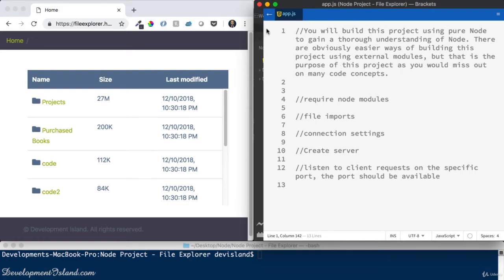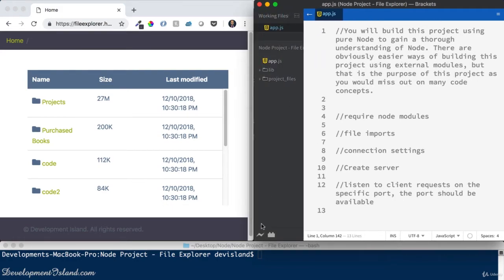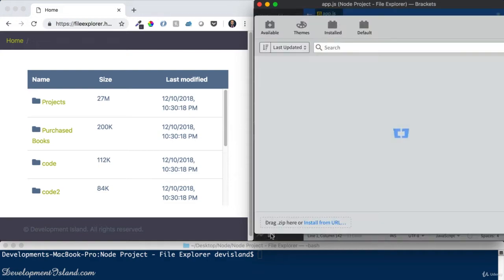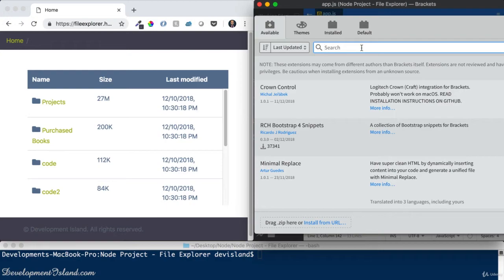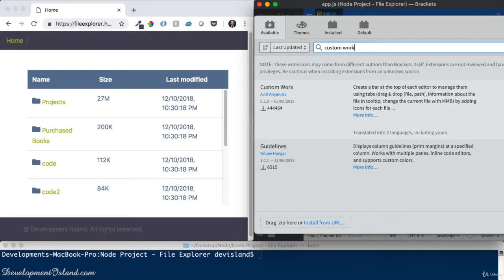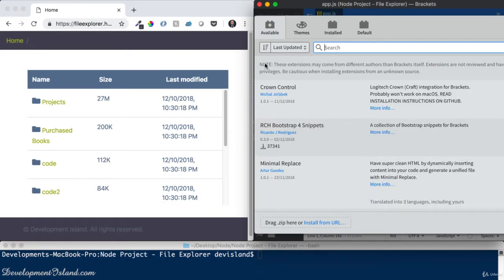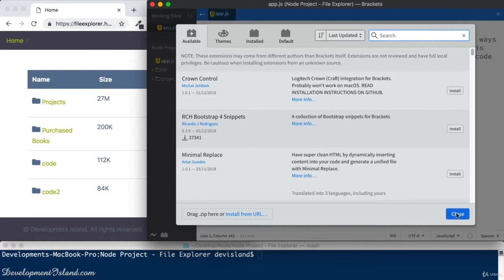So to do this, you can use an extension called custom work. So if you go to the extensions and look for custom work, you can just install that extension. Okay, so let's go back to our files